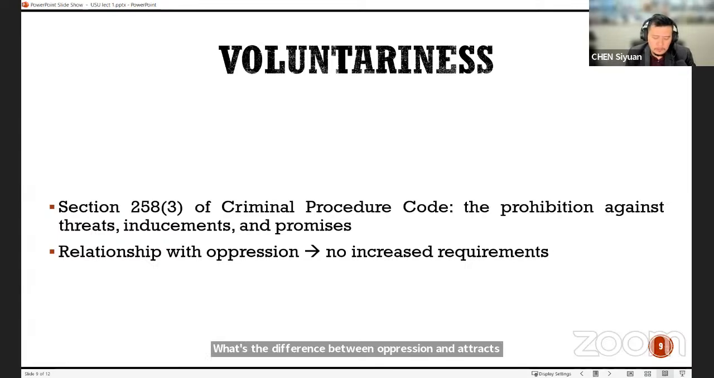Oppression has more to do, I suppose, with physical acts. Threats, inducements, and promises are usually in the form of words, right? I threaten you with words. I promise you using words. An example of oppression might be something like